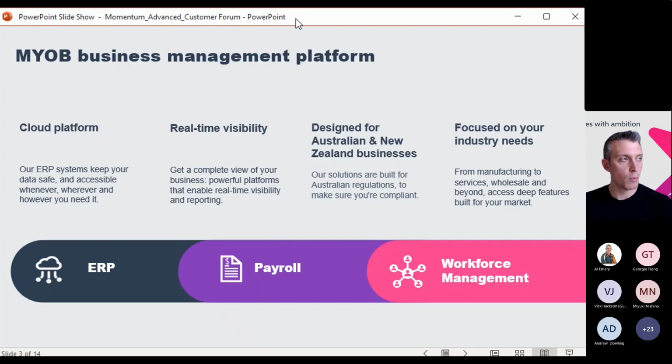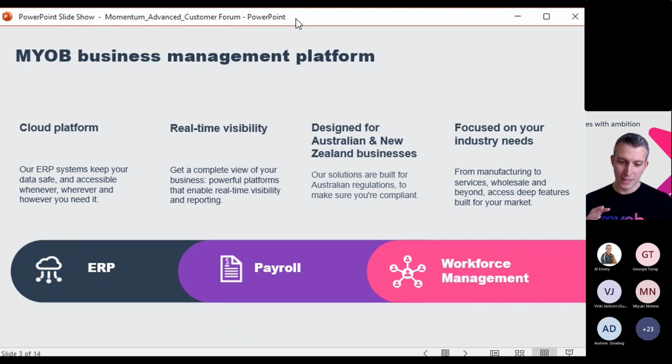In terms of where MYOB is going and how we think about this space, what we're seeing evolve and what we're hearing from our customers is that they are looking more and more for a solution that can help them provide integrated workflows across different parts of their business. So for those of you who have been in this space for quite a while, ERP, payroll, and workforce management have often been individual siloed systems. So finance lives in ERP, payroll lives in payroll, or HR runs payroll, and then workforce management starts to interface into operations, and they're often separate systems.